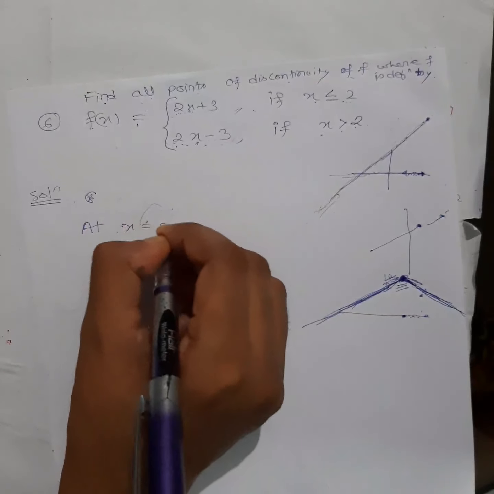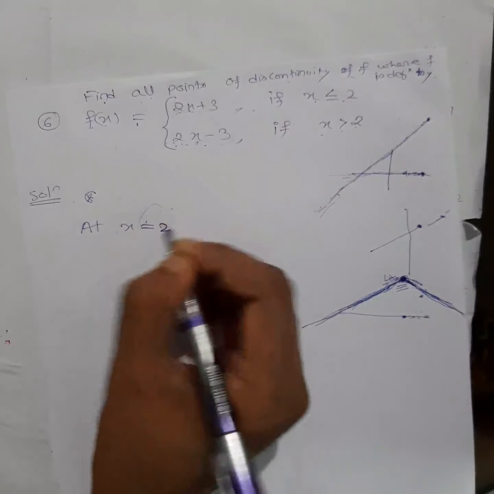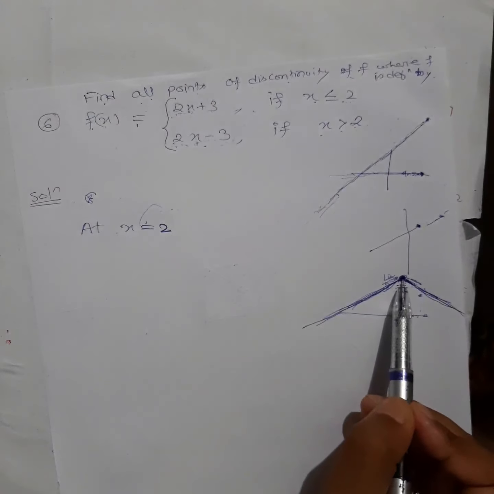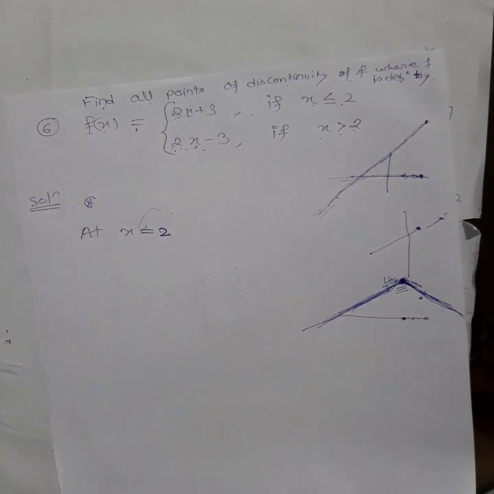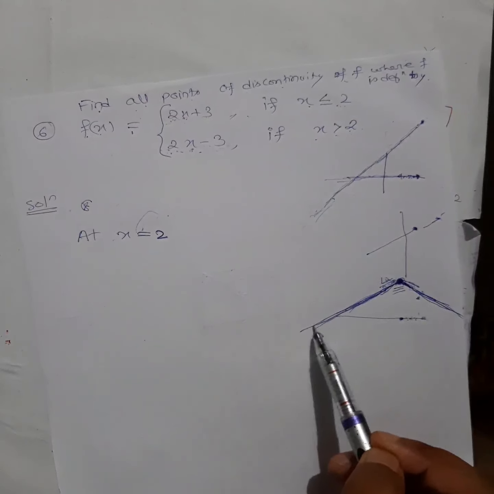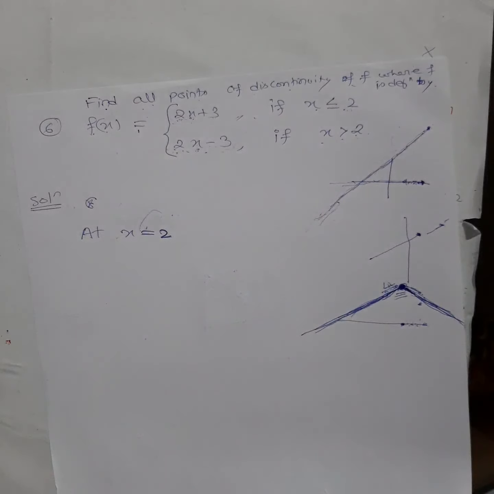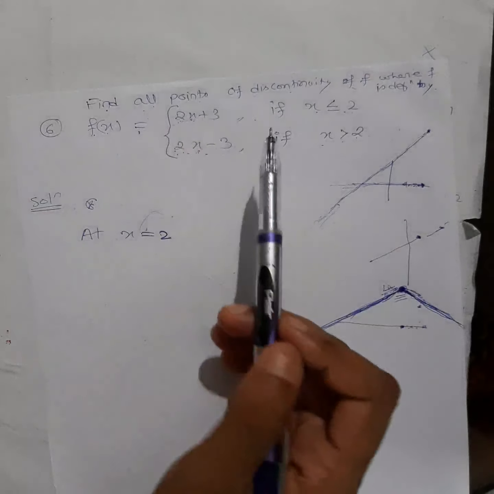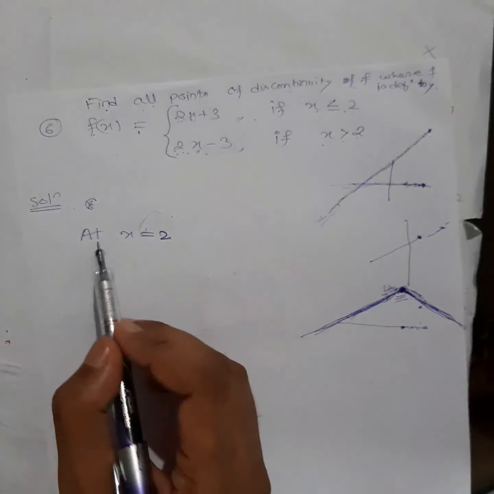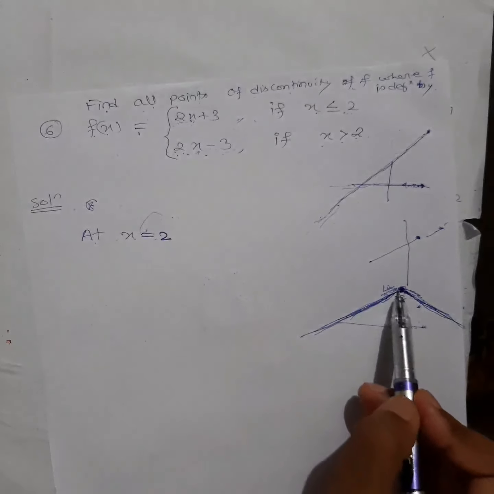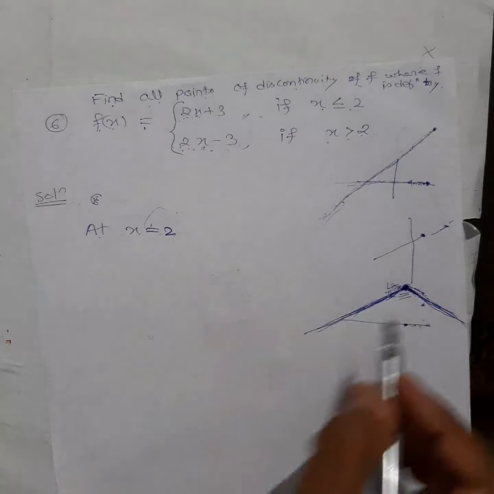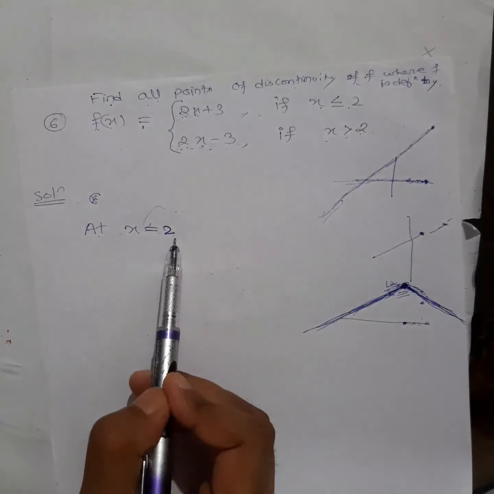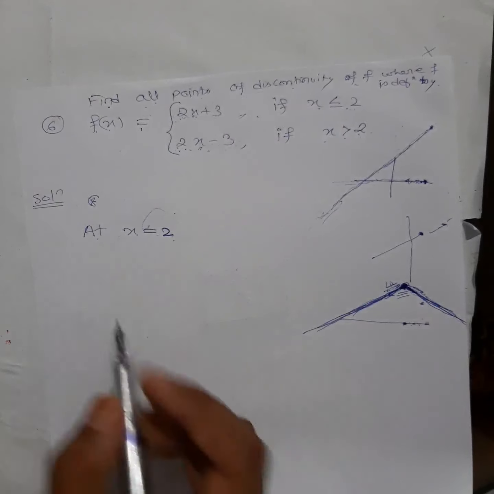So write down this function first, as given, and then at x is equal to 2 we will check whether it is continuous or not. I hope this one is clear, the one I have explained. That's why your straight line in class 11 was very important. Graphs and all were very important. You need to understand what equations actually are. So at x equal to 2, let's check whether the graph will join or not, means whether it will break or not here. If it breaks, the point of discontinuity will be 2 only, right?